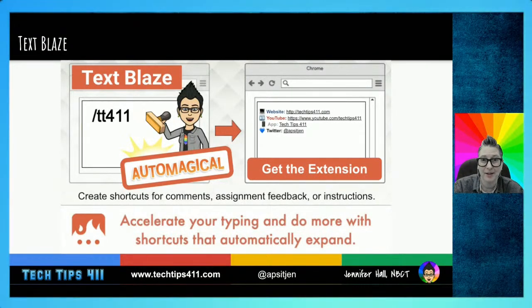So Text Blaze is an extension that you can actually use to create shortcut comments. Think about on your phone, if you've set it up so that when you type certain key combinations, it's going to fill in the rest of the information. That's what Text Blaze does. And so I'm thinking of it from a teacher perspective, if you have common comments that you're going to put in either emails for communication or on student work or in Google Classroom,